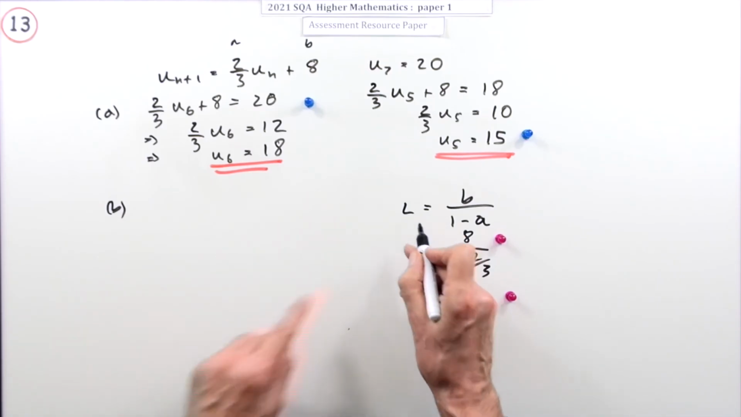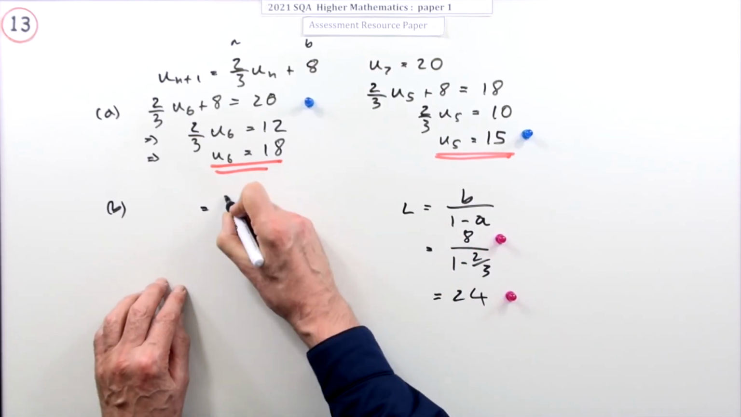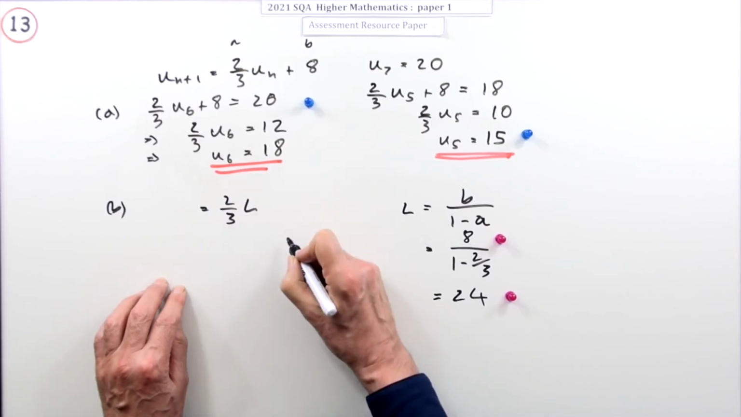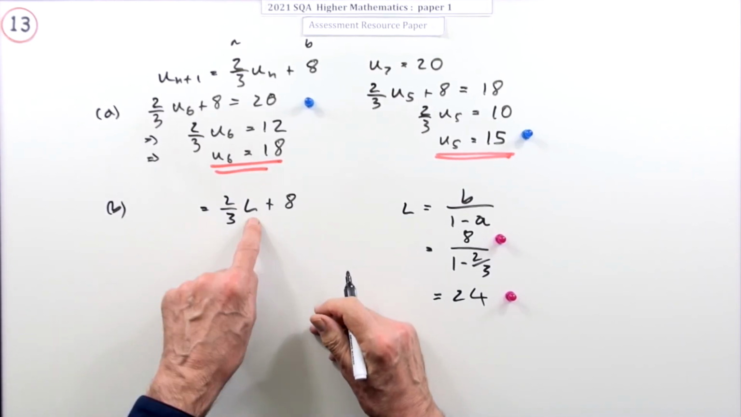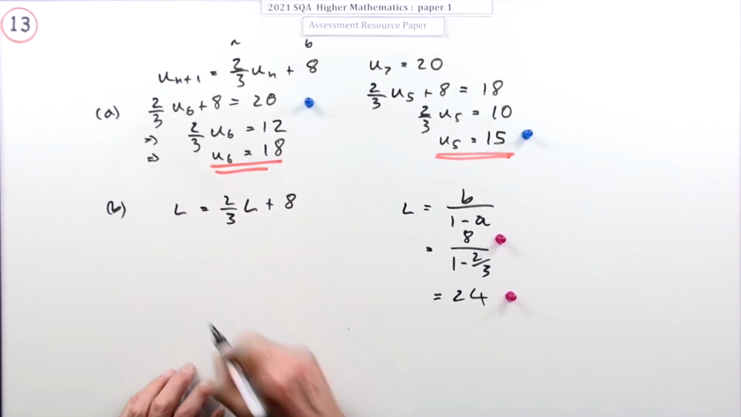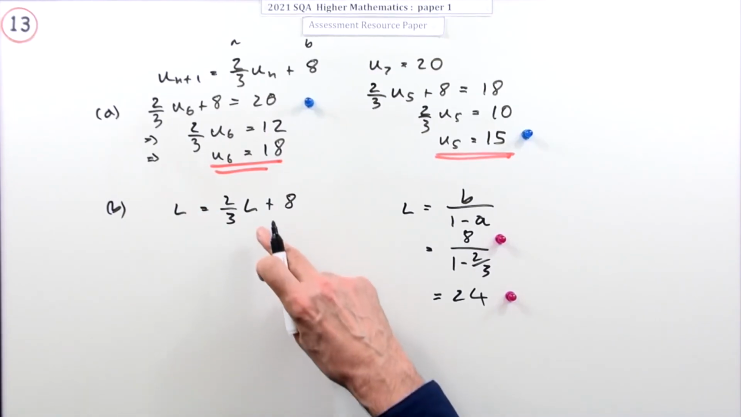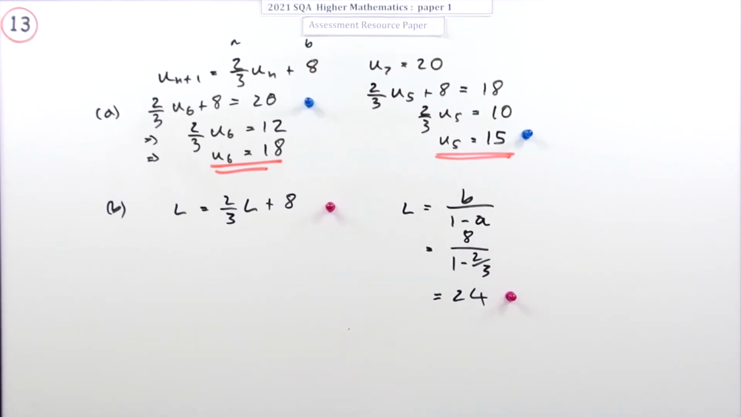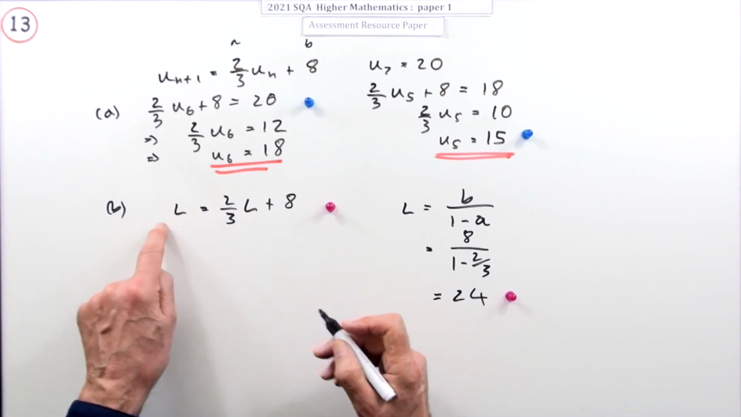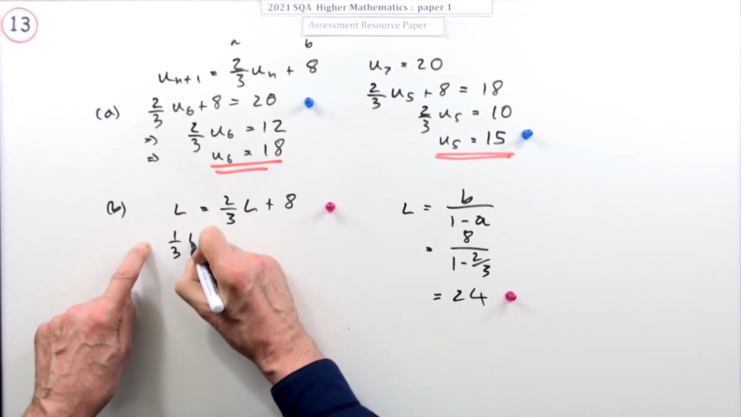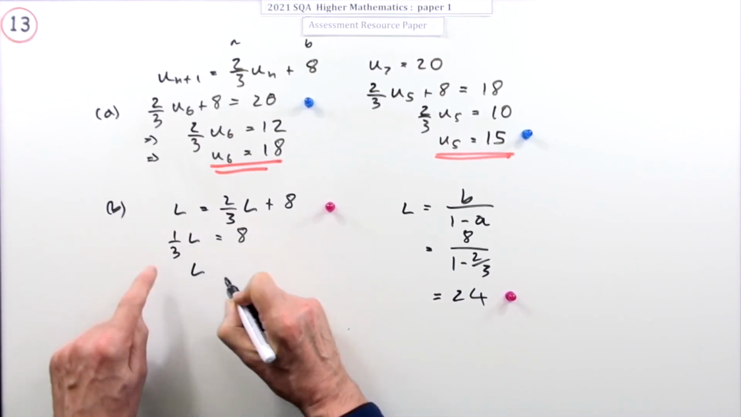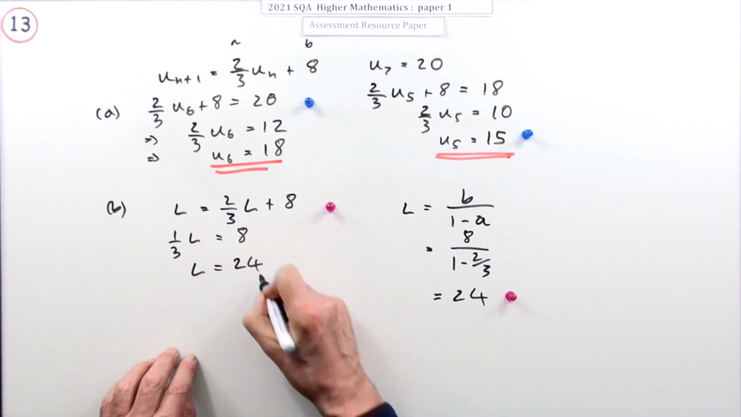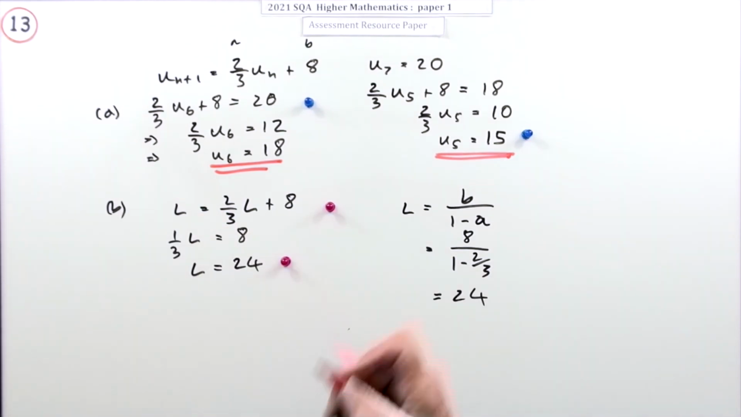So you can just call that limit L, which says this. If you put that number L into it and work out the following term, you just end up with L again. So that's the other way of doing it. You could make up that statement. The limit would be 2/3 of the limit plus 8. Then you would just bring that across, and you'll have 1/3 of L equals 8. Then take the 3 across and multiply, equals 24. Either way,